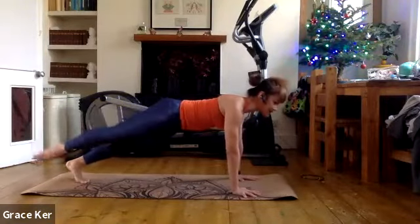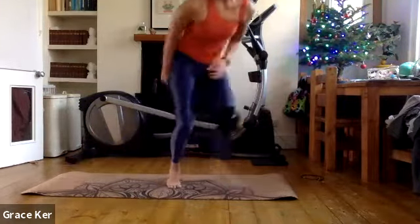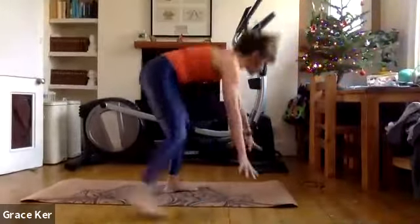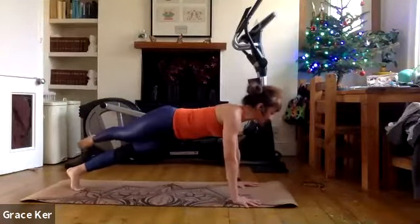Press. Press. Press. Go press. Press. And press. And press. Here's 8. 7, 6, yes, and 4, and 3. Of course, you can always put the opposite knee down. That's your option. Now, pointing the toes, I circle, half circle across the right leg over the left leg, and